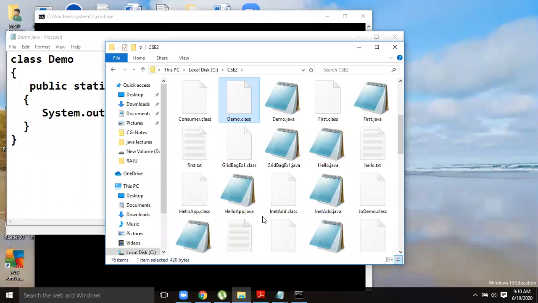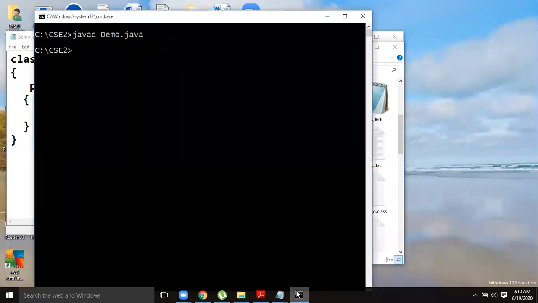So now let us see, compilation is over. After compilation, your Java program is successfully compiled and the .class file is created. Now what I have to do, next step, is interpret my Java program to run and execute it: giving the input, and after taking the input, it has to produce the output. For that, what I have to use is the Java interpreter.